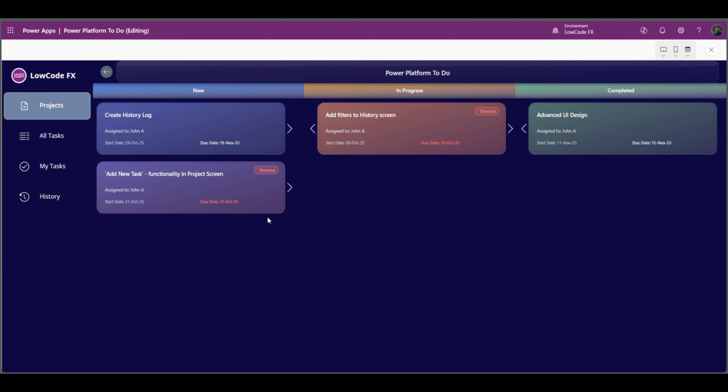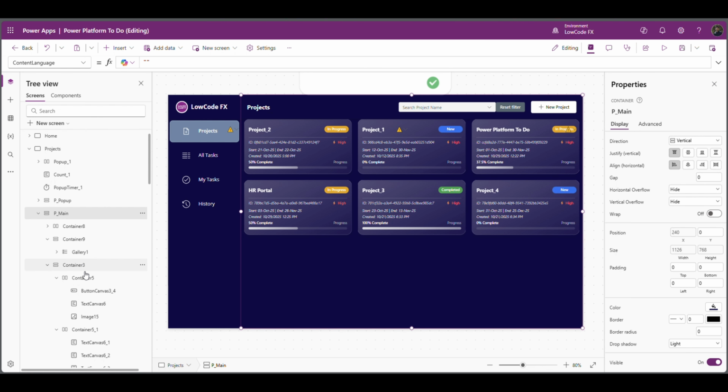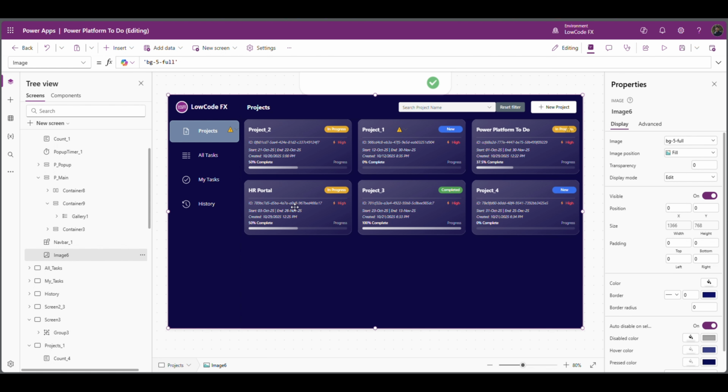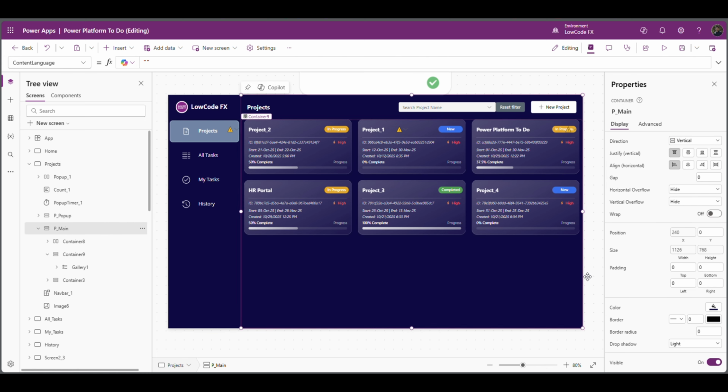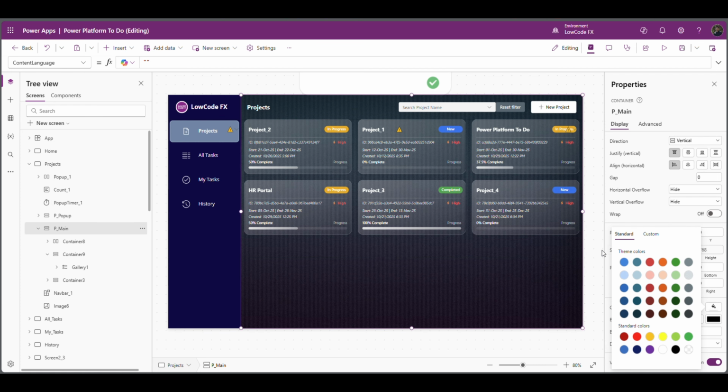Let me remove the background color and add an image so that we can see that glass morphism effect in both the screens, like in projects and this retail screen of this main container. So I have added one image. This image I have uploaded and I have kept in the background. So if I remove the color of this main container, you can see that. Yes,